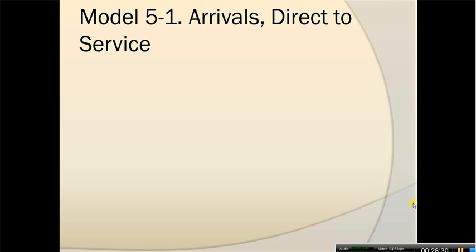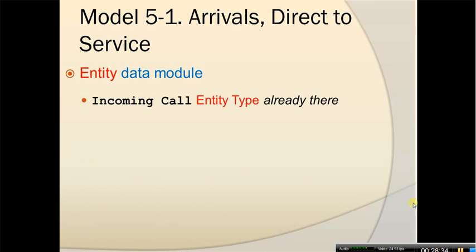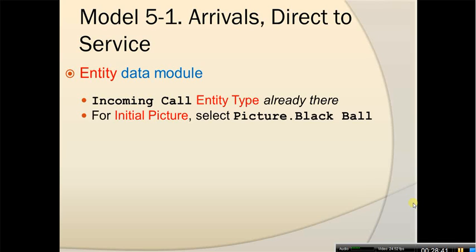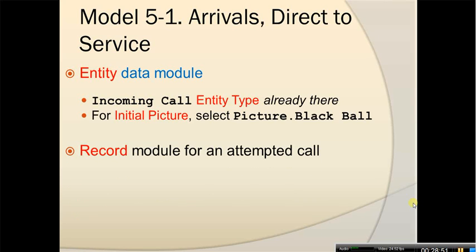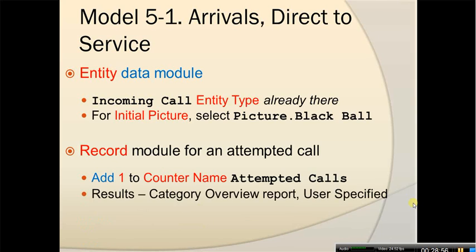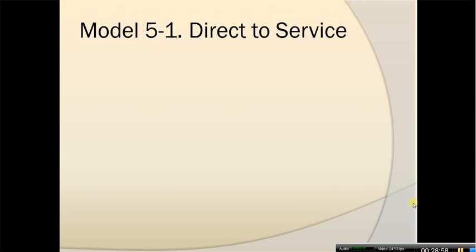So what we also need to do is go into the entity data module, and since we already defined the entity type incoming calls in the create, we need to select the initial picture for the incoming calls. So we're going to select as initial picture black ball. And as I mentioned, we also did all of this in terms of record. We're going to be recording the attempted calls and the rejected calls. So let me go ahead and change the picture